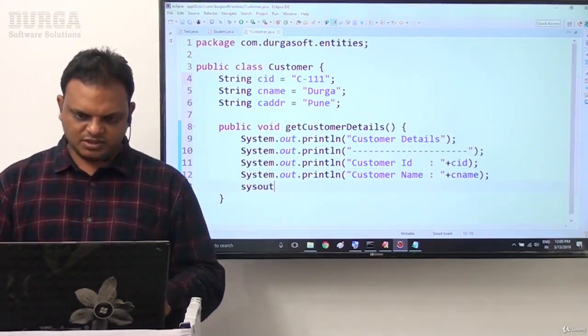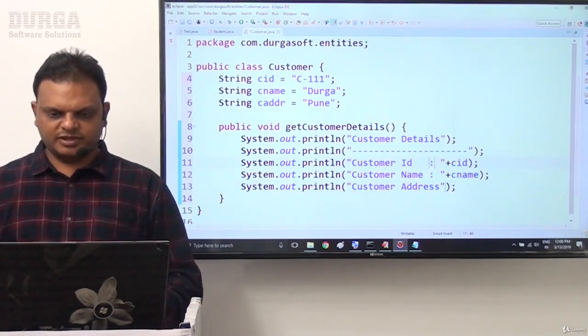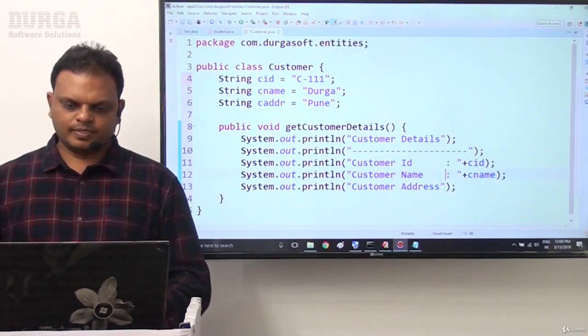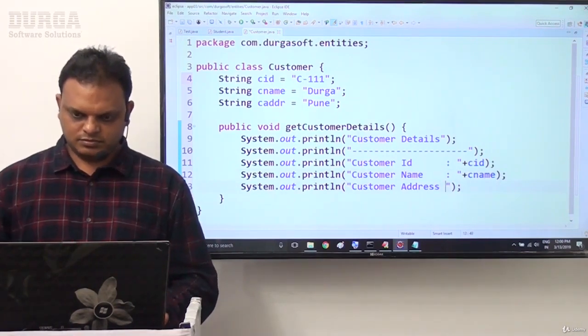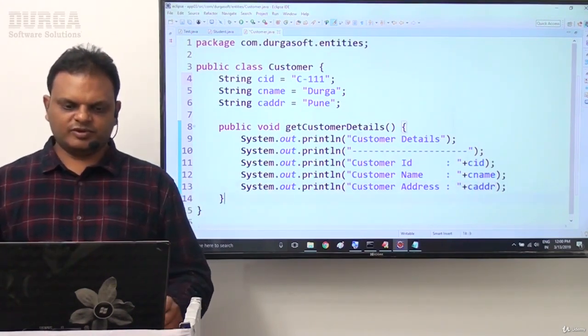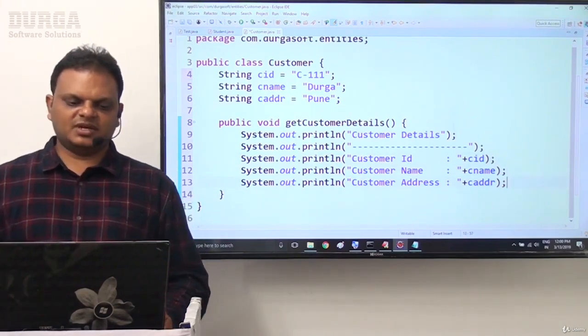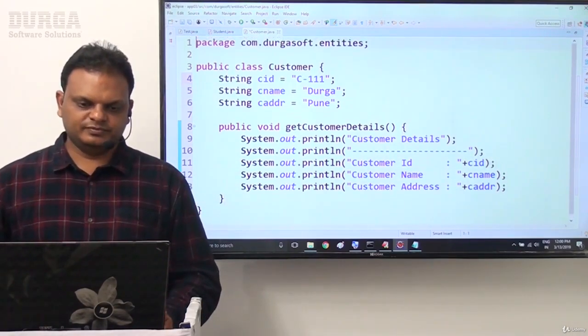Next, System.out.println of customer address plus CADDR. So we display the customer details: customer ID, customer name and customer address, like this.